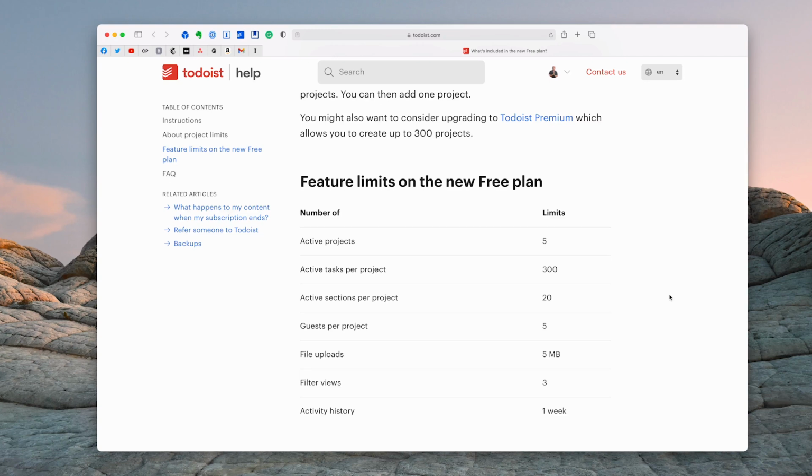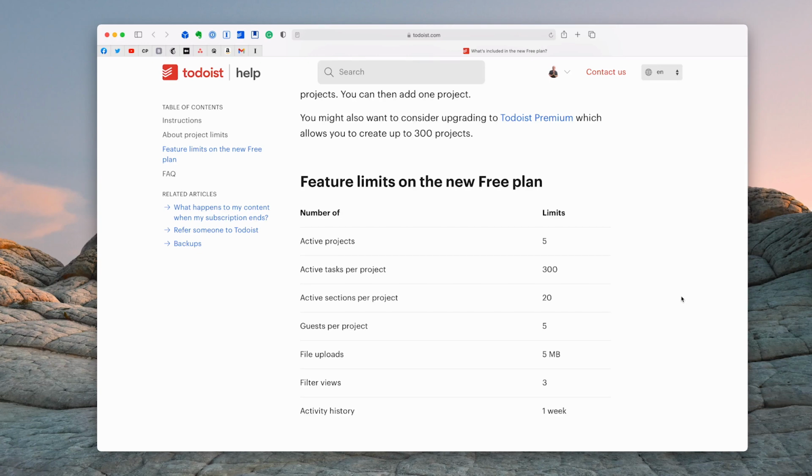So for those of you on the free version of Todoist, watch out over the next few weeks. You're going to start seeing some changes. You're going to start having the ability to use labels and a limited number of filters. Also, by the way, you can actually start sharing some of your projects with up to 5 people, which is another feature that you may wish to take advantage of. So there you go. That's just a quick overview of the new features in the free version.